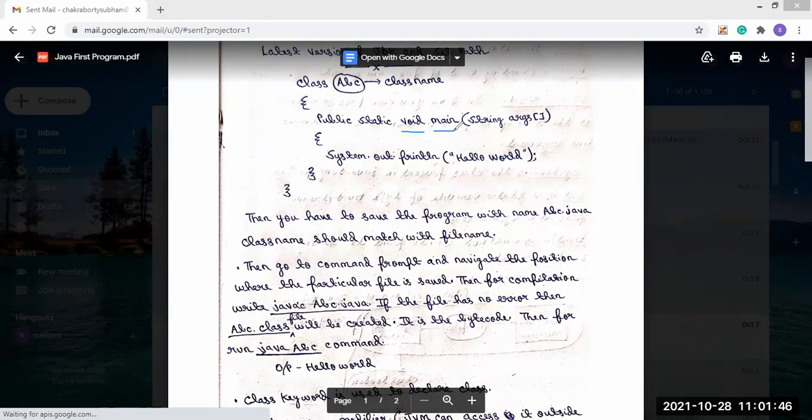You have already seen that some conventions are changed, because there is no pointer concept and no automatic garbage collection. That's why this is the convention you should write, this is the syntax, and it should be followed.